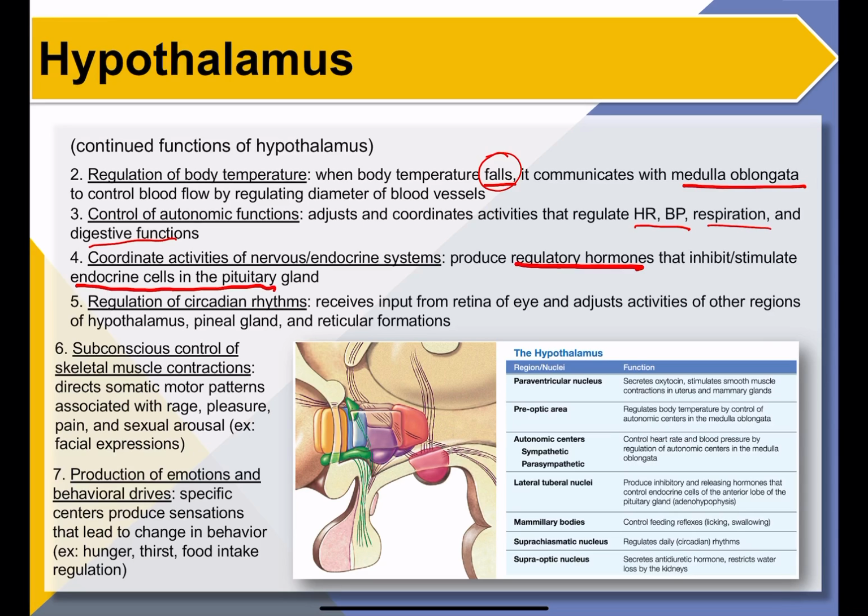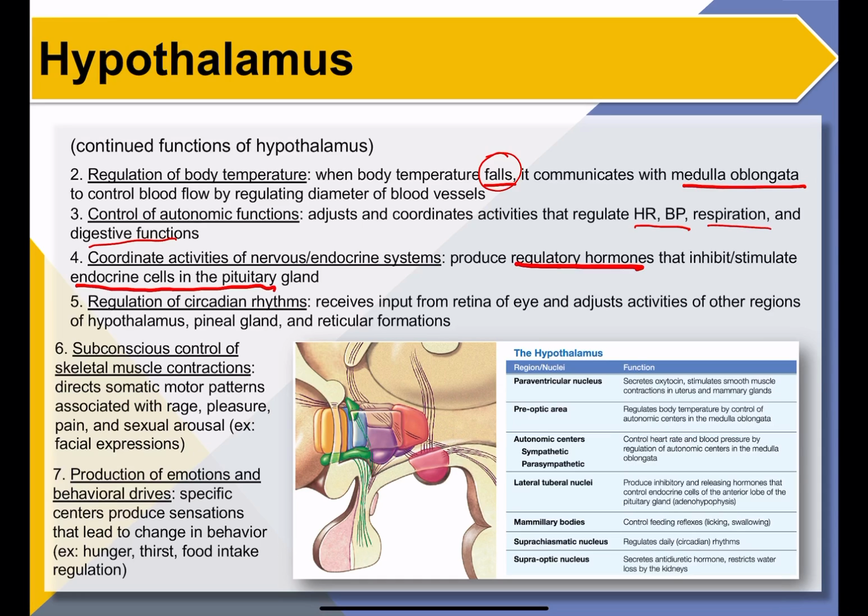So that's why, other than all the other stuff that the hypothalamus does, it also does that very important job of overseeing both the nervous and endocrine systems, and it's able to control our endocrine system by releasing these releasing hormones. Okay. And the fifth function, the hypothalamus also has something to do with our circadian rhythms by being